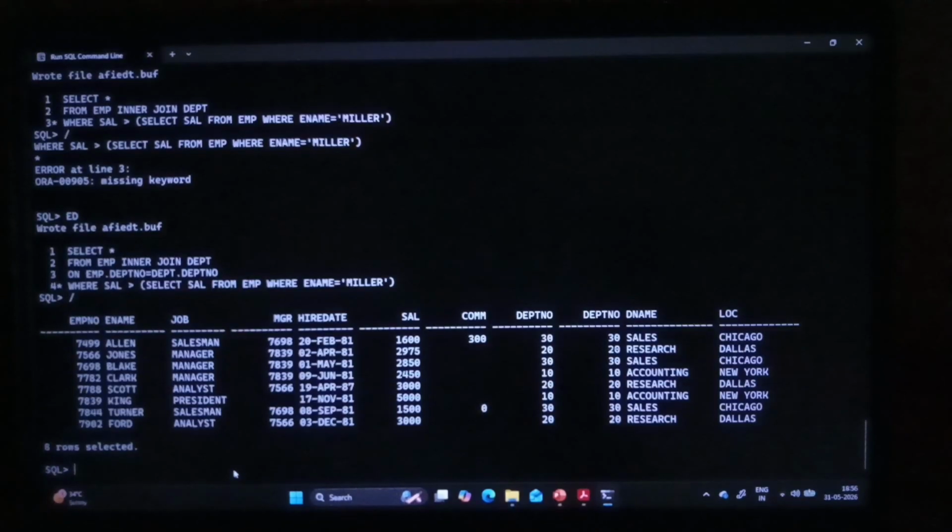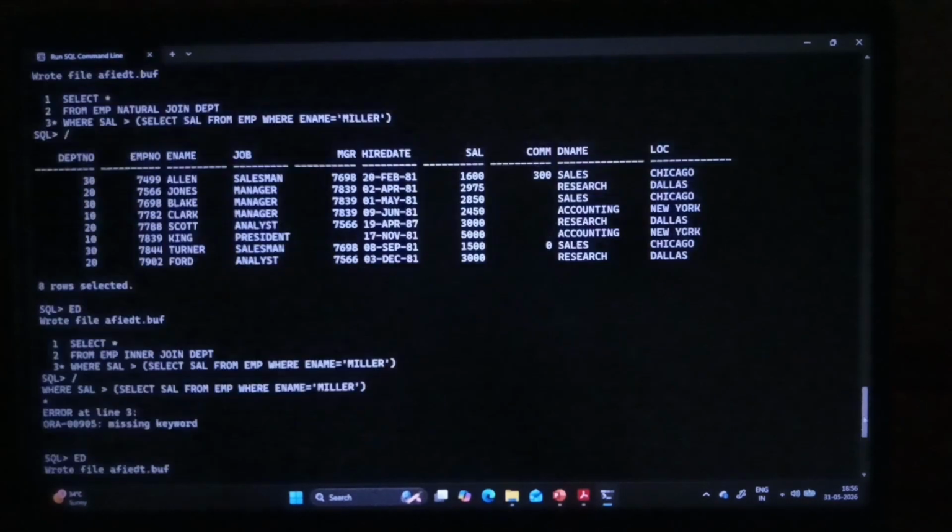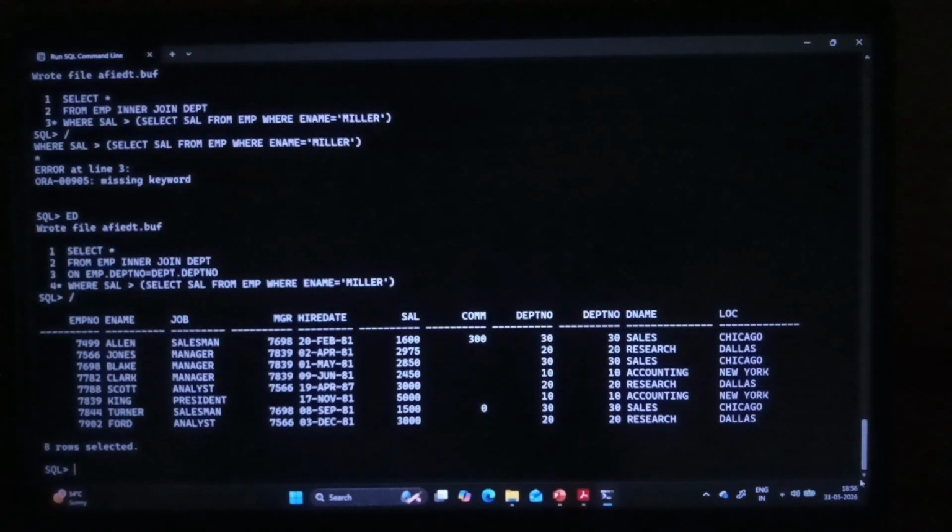Whether we use inner join or natural join, we get the same output. Sir, by looking at the lines, there are 4 lines of code in the inner join. In the natural join, only 3 lines of code. Within 3 lines, we are getting the answer. So why do we need to learn the inner join if we can get the output in natural join only? See guys, here only